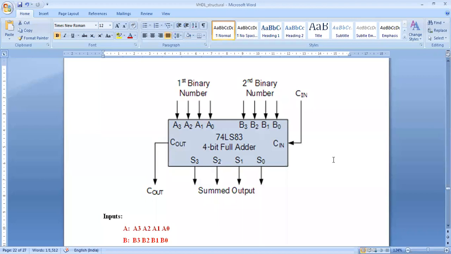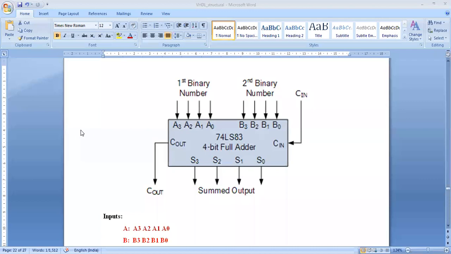So have you noted down? Have you noted down this entity? So respond in the chat box. Just a second. Just a second. So after taking down the, yes, right, yes.